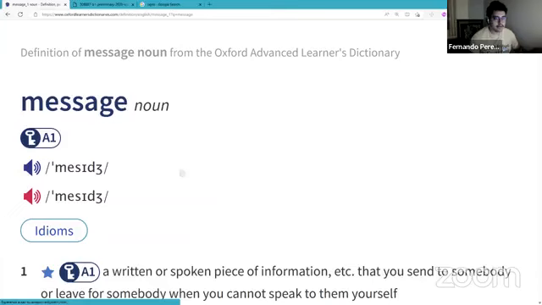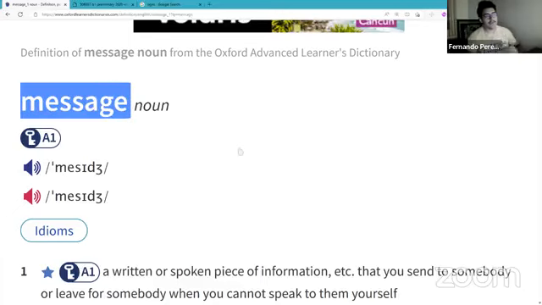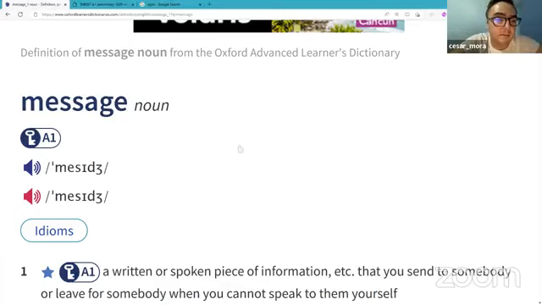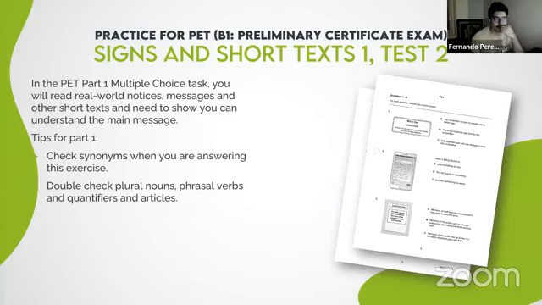Messages. Again. Messages. You are changing the sounds. Pronounce the first one. Only 1. Message. Okay. To that, add s. Message. Extra syllable. Messages. Perfect. One time. In the PET part 1 multiple choice task, you will read real world notices,